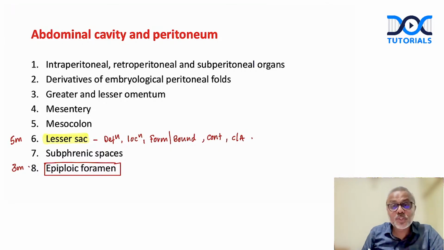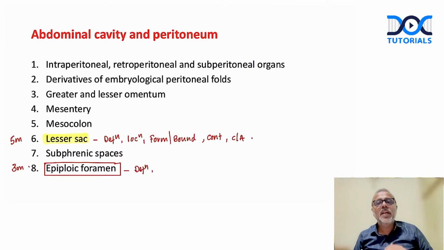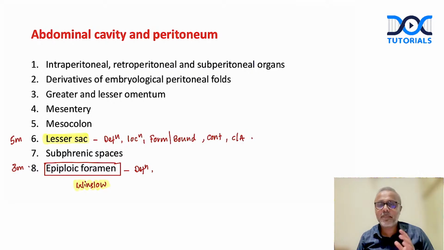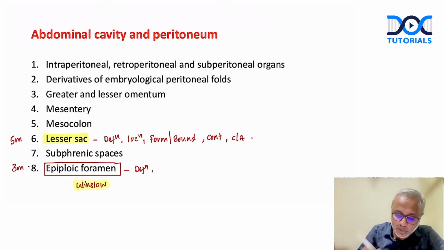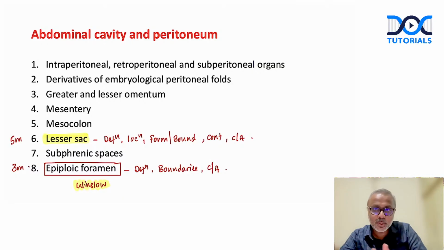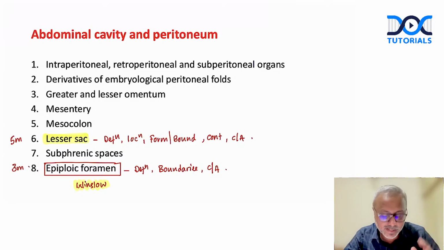Done? Right. So epiploic foramen, simple. Define what is epiploic foramen. Epiploic foramen is also called as what? Foramen of Winslow, right? So you should know these additional terminologies also. The eponyms, right? So foramen of Winslow. Now, what is foramen of Winslow? Then what are the boundaries of the epiploic foramen? And of course, what is the clinical anatomy of the epiploic foramen? This is how you should structure your answer if epiploic foramen is asked, right?